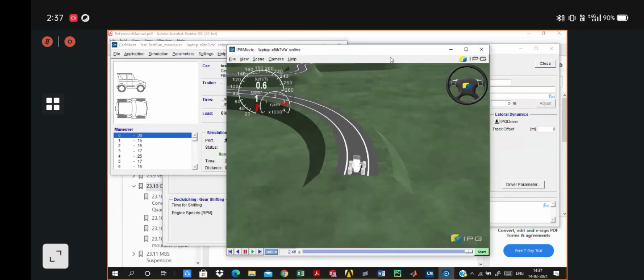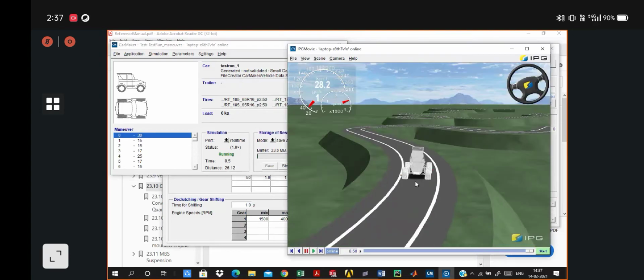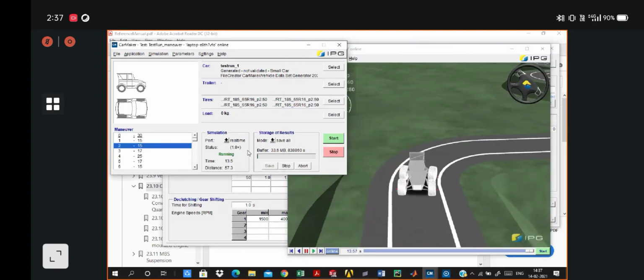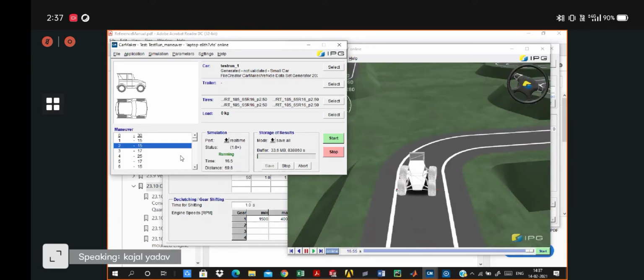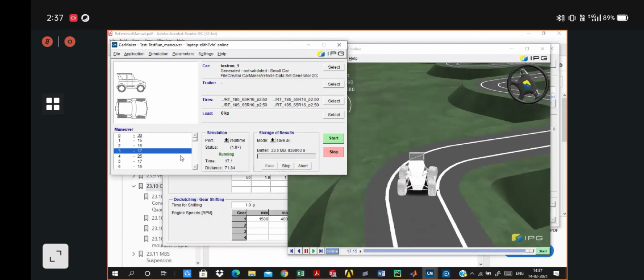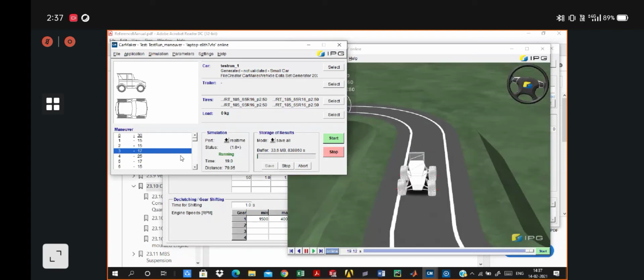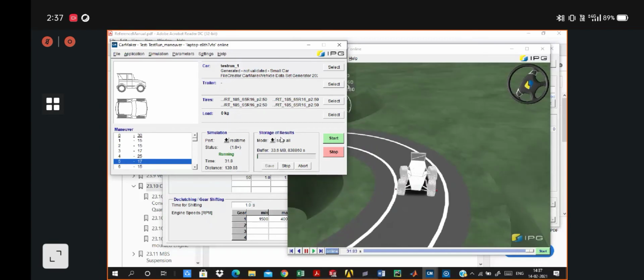You can see I've selected the normal driver in the IPG driver parameter. In the simulation, you can see the vehicle motion is such that it follows the specified route. The normal driver algorithm has been set in such a way that it should follow the route specifically. You can see just now the vehicle went off track.